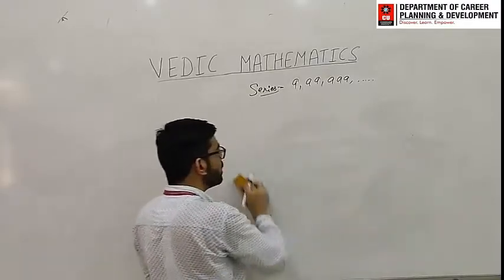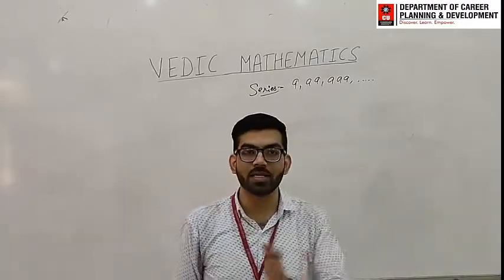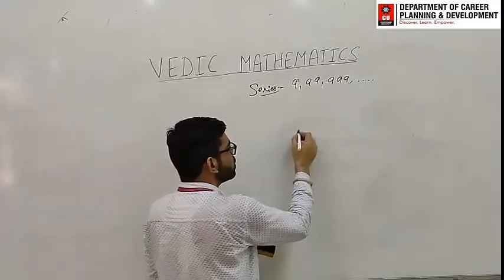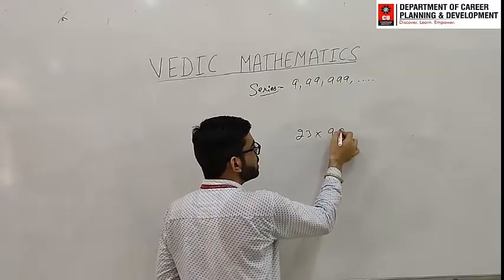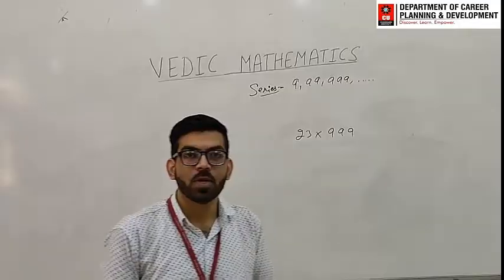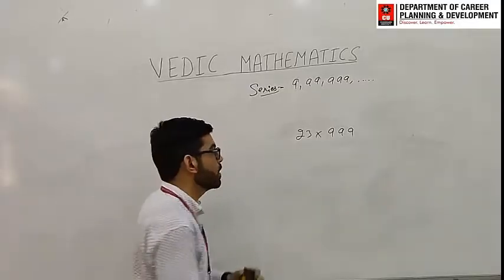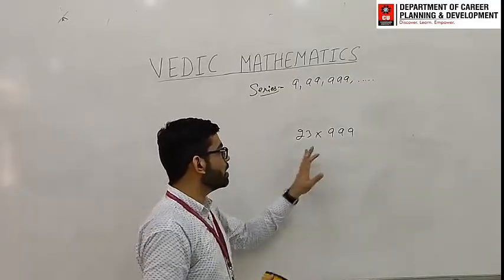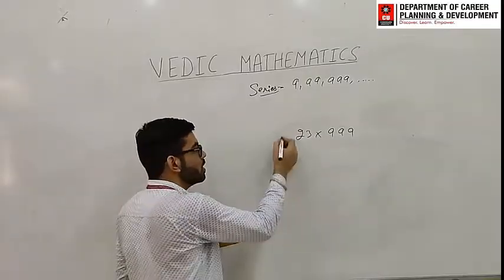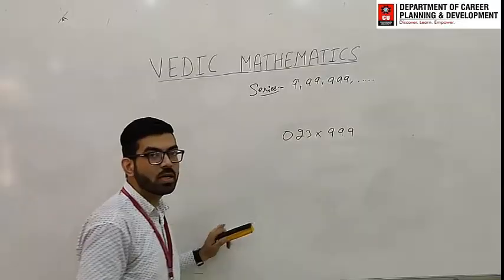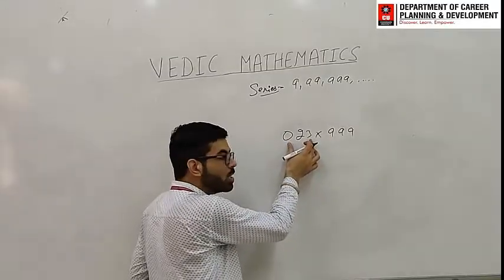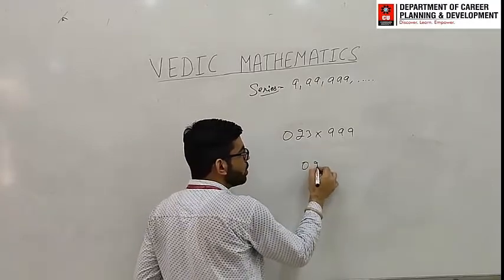Next, the possibilities when the number of 9s are more and when the number of 9s are less. Just see, when the number of 9s is more than the digits of the number, suppose the number is 23 and here this one is a 3-digit number which is 9999. In that case, again the trick is the same, but according to the trick, this should be the same. As in the previous one we discussed, we can put 0 here to make the calculation simple. Now subtract 1 from the number, that means 0 2.